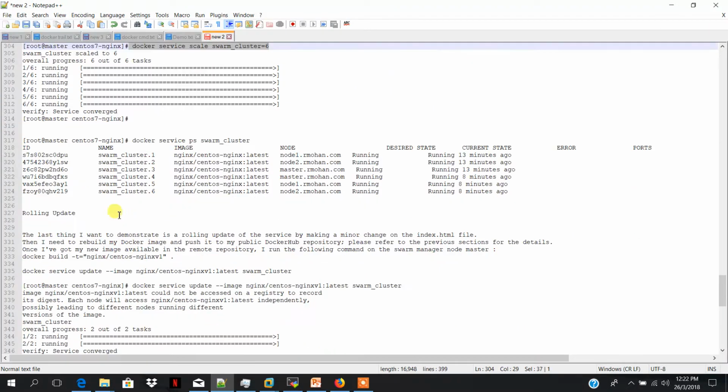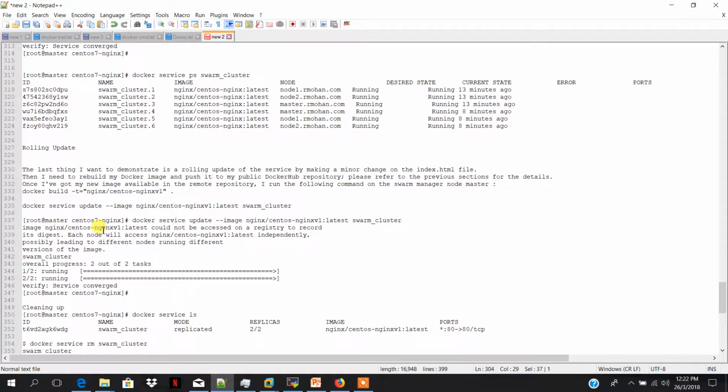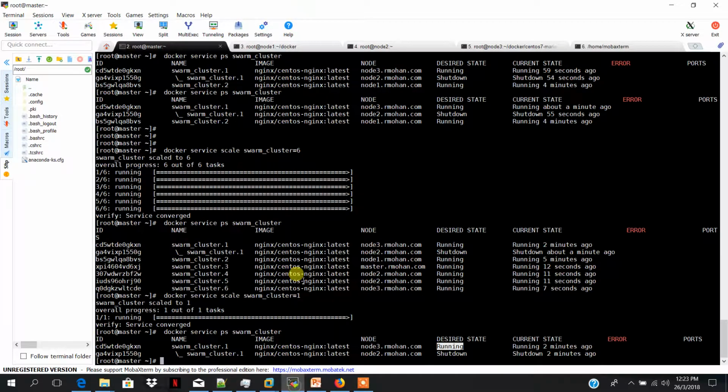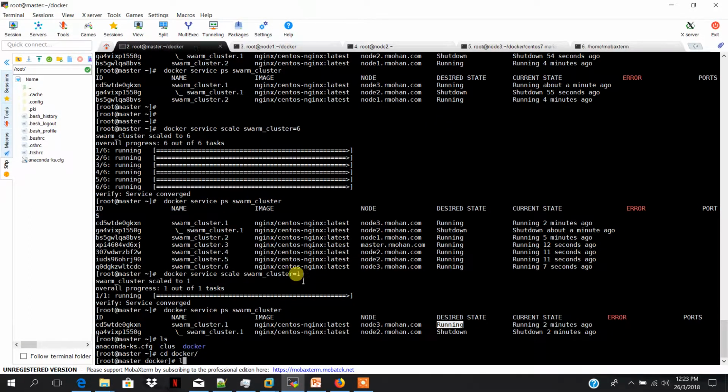Now I want to make a rolling update. It's one of the good features in Docker Swarm. What we are going to demonstrate is that I want to make some changes and push them. I have a new code change on my container, and I want to push it. It's very easy, guys. If I use service update on my latest container, so let's go to the Docker